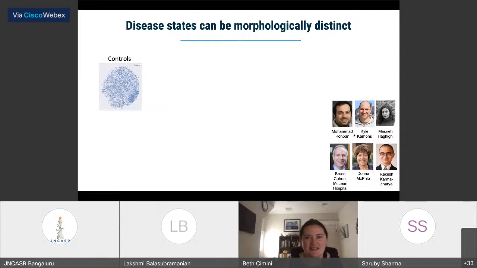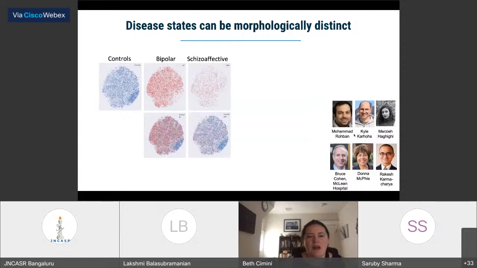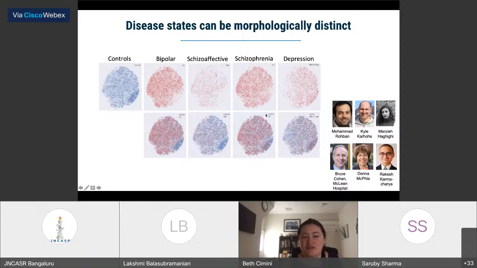We're now working to extend this into disease states. And so this work is currently being led by Marzia Higigi, who's a great postdoc in the lab, looking at skin fibroblasts from patients with various psychiatric disorders. Again, I want to emphasize these are skin fibroblasts. These are not neurons. And what Marzia was able to show is when these are cell painted, and we look at the cell painting phenotypes for people with or without various psychiatric disorders,